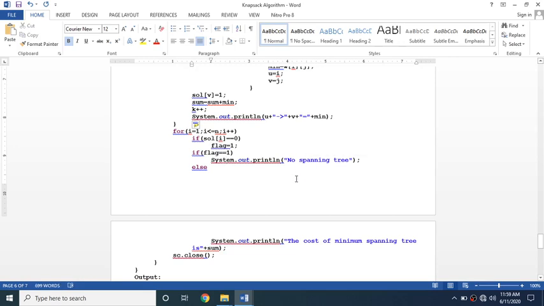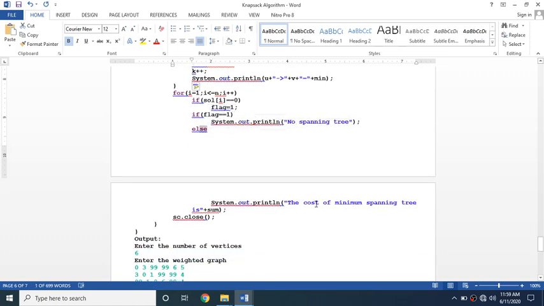That means if you are left with an isolated vertex, or a vertex which can't be reached from the node, then the visit of that node is 0. That means we have not yet visited one node, and we can't generate a spanning tree. That's the error message they're going to print here.